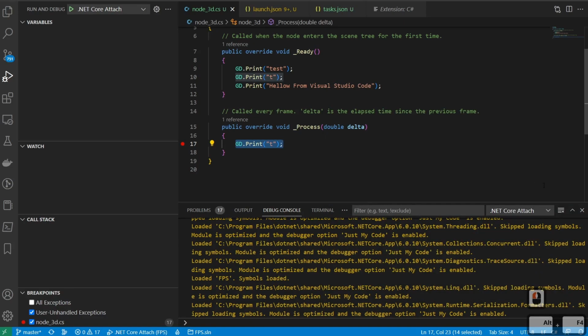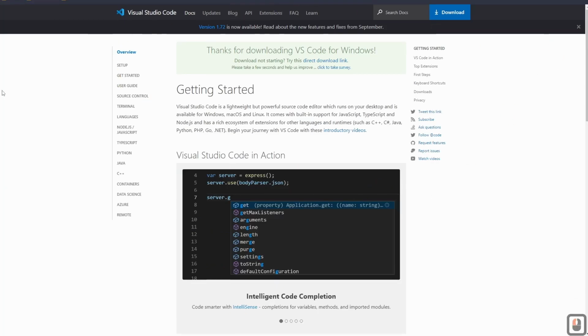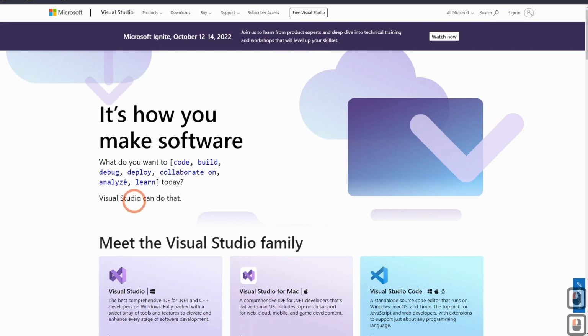Now, I know what your question might be. How do I use Visual Studio? Now, that is going to be a fun one. So, to use Visual Studio, we need to first install it. So, come out to your web browser here and navigate over to Visual Studio,